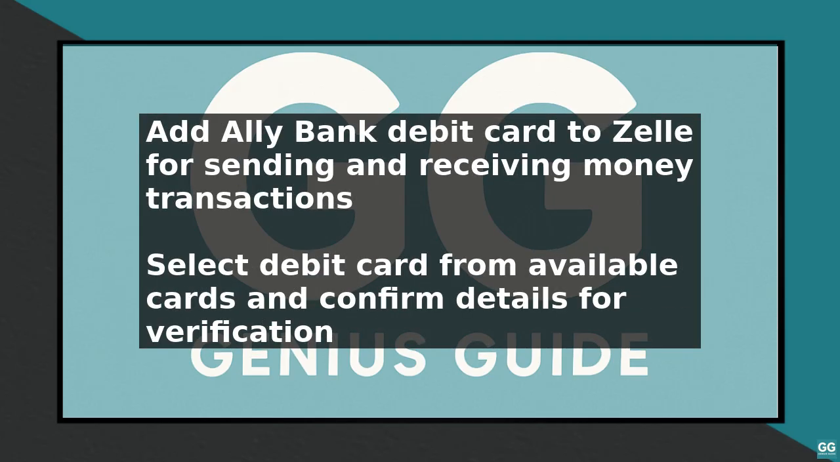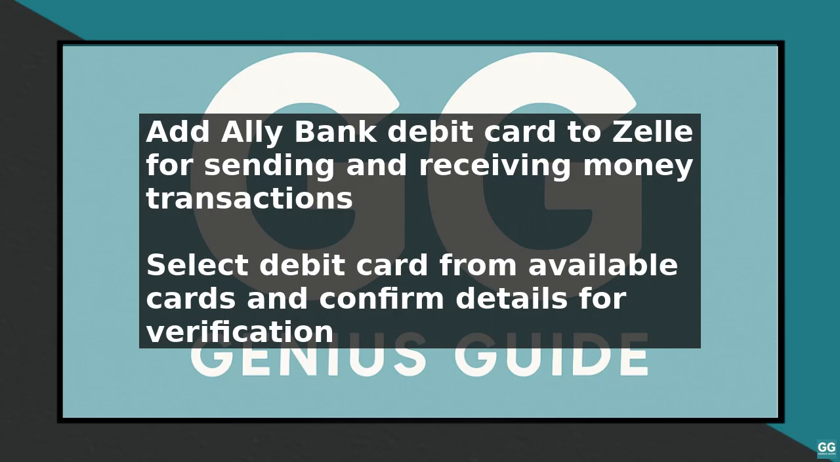To send money, simply select the Send Money with Zelle option and enter the recipient's email address or mobile phone number. Enter the amount you want to send and add a memo if desired. Review the transaction details carefully before confirming the payment. Keep in mind that Zelle transactions typically occur within minutes, so make sure you have sufficient funds in your account